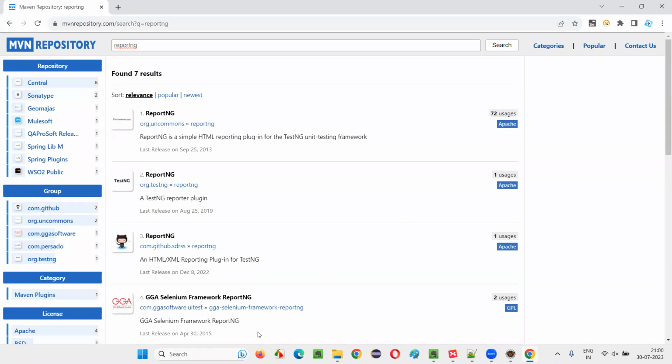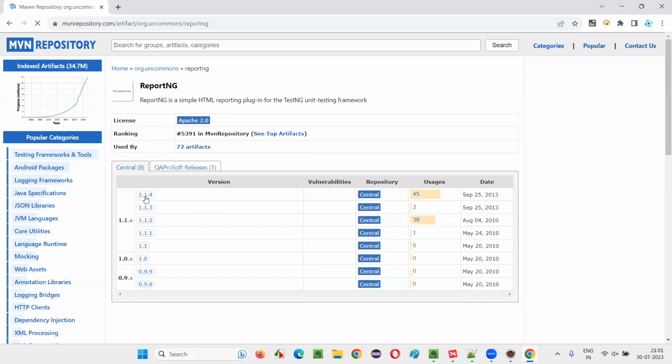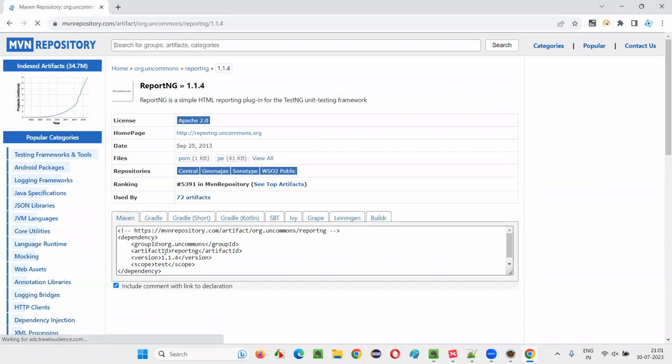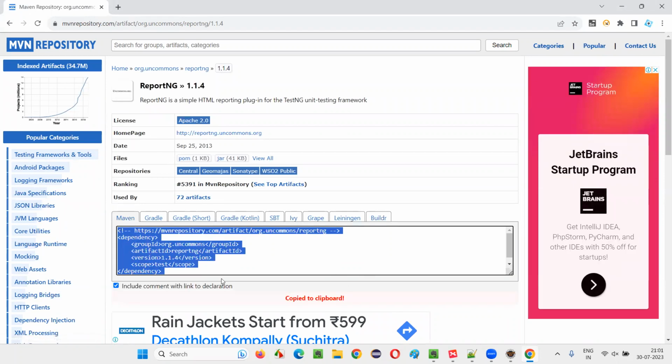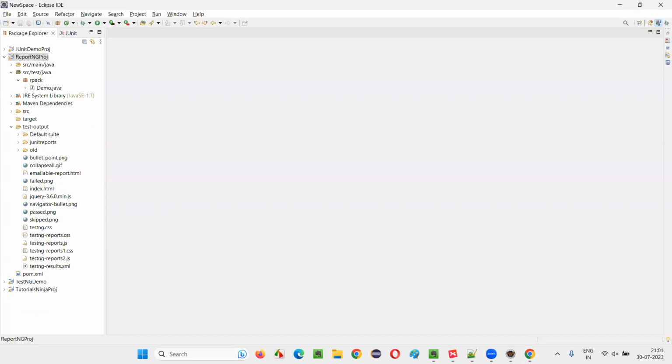Or let's see which one you have to take. There are two things. Which one do we have to take? From org.testng or org.uncommons? You have to go for org.uncommons, guys. Click on this first one and go with the latest stable version. Under Maven, you can copy this dependency tag of ReportNG and again come back to this Eclipse